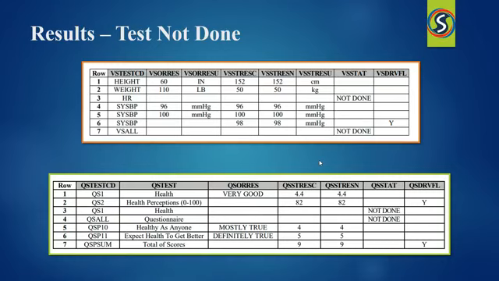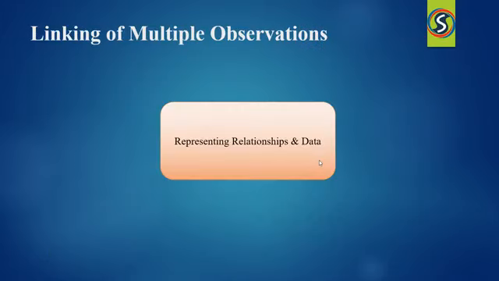And let's also discuss how we can link multiple observations. So text strings which are going to exceed the maximum length for general observation class, that is where we are going to see how it is represented in the relationships as well as the data in your RELREC domain, for the guidance on expressing how your relationships among multiple observations are derived.